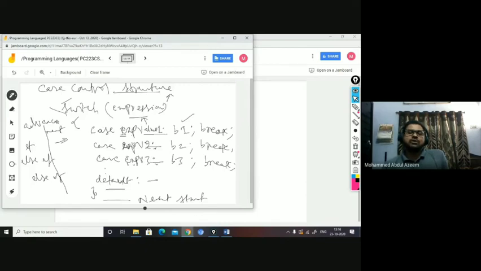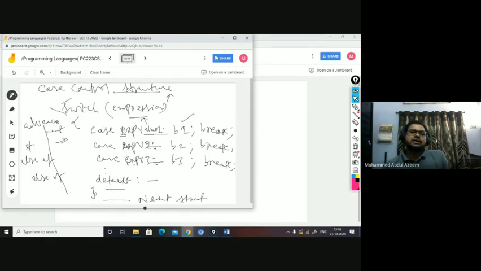When expression value 1 does not get matched, then expression value 2 will be checked, and if it gets matched, then block 2 should be executed. If this is not true, then it will be compared with expression value 3. If expression value 3 gets matched, then block 3 should be executed, and so on. This is the operational semantics I want for the switch case. So in order to implement that, I need to have a break statement after every case, right?